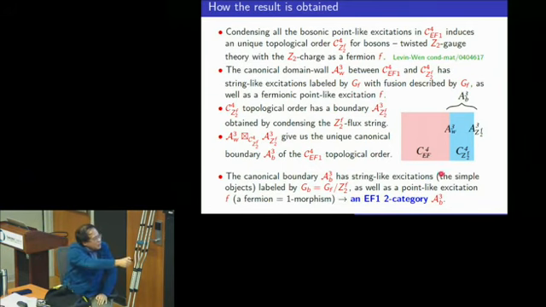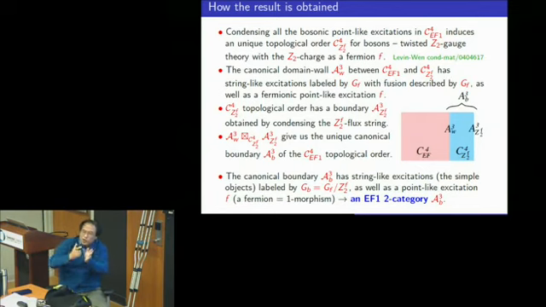So the Z2 string becomes trivial. When the domain wall and the boundary are close together, the string on the domain wall is quotiented by condensing the Z2 part of the string. That's why in the combined boundary, the strings are GB, which is GF with Z2F quotiented out. That explains why the string is GB, and the fermionic particle is still there. So therefore, we have strings with the particles, and that's it.